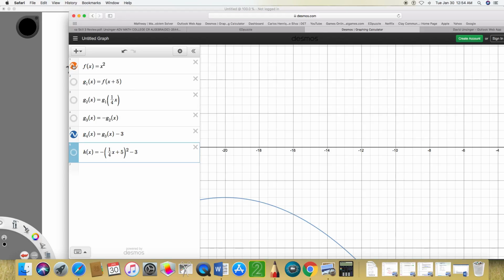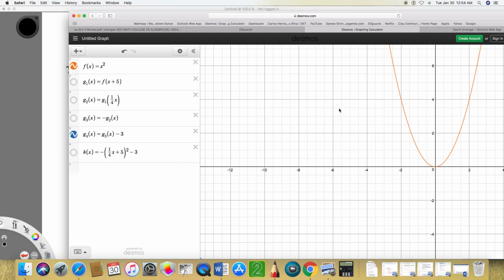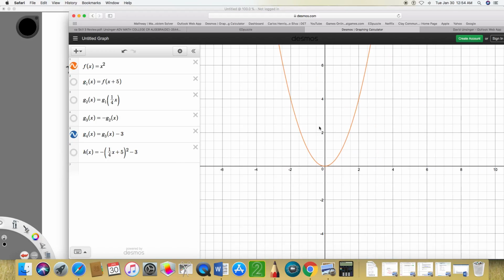And I can do all these same steps to a different parent function, to go to the left 5,